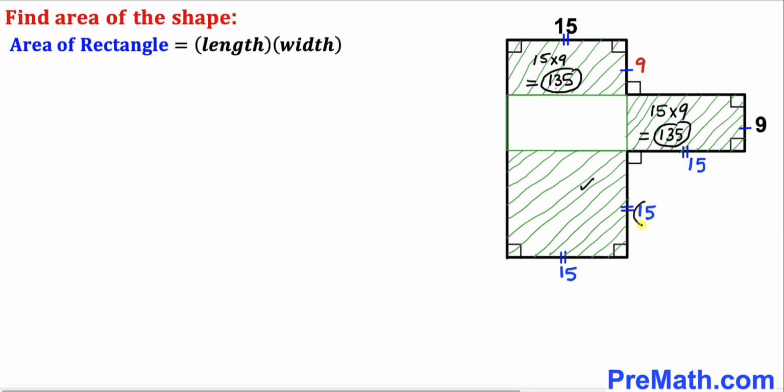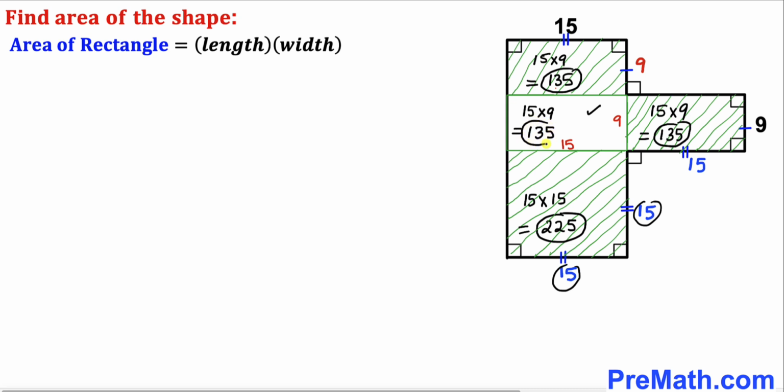Our dimensions are 15 and 15. So the area is going to be 15 times 15 equals 225 square units. Now let's focus on this remaining rectangle. Our length, this part, is 15 units, and our width, this one, is 9. So therefore the area of this rectangle is going to be 15 times 9, which gives us